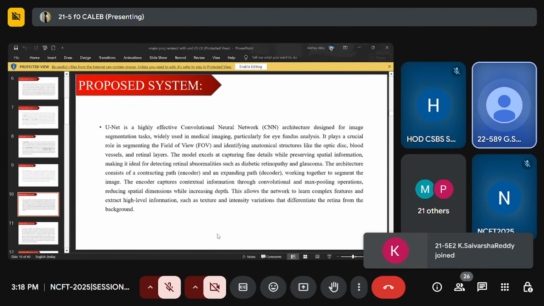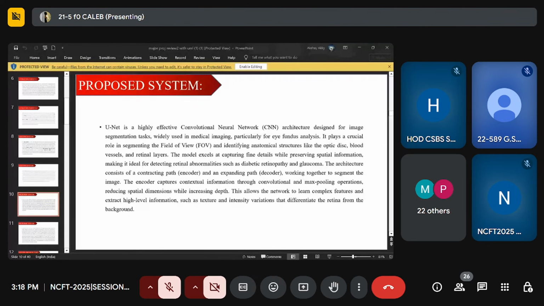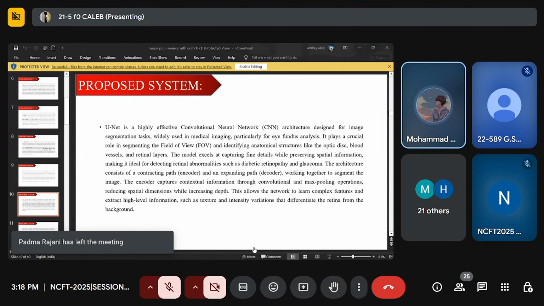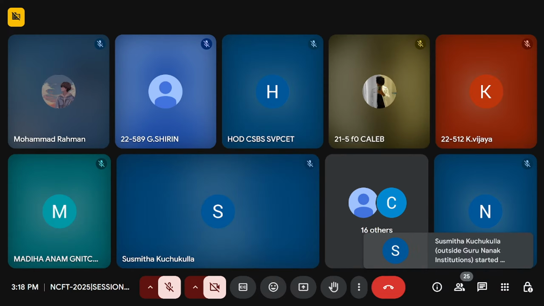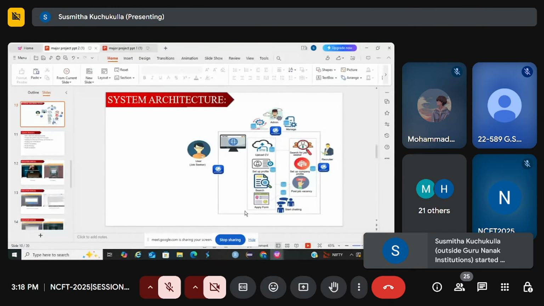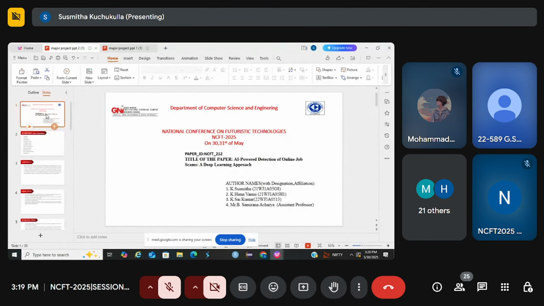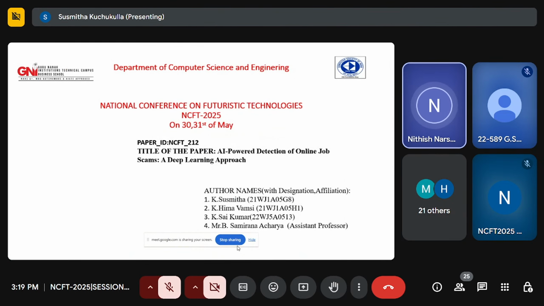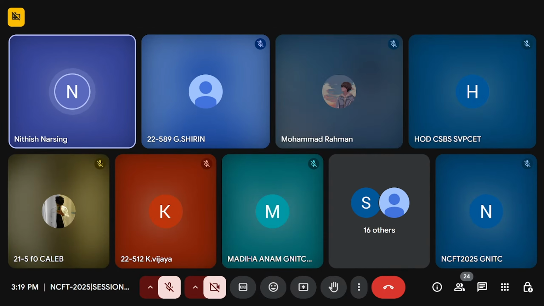Let's welcome our next participant, K.S. Smita from Guru Nanak Institution's Technical Campus. Ma'am, I am Muhammad Rahman. I will present now, ma'am. Yes, you can proceed. Good afternoon, everyone. I am Nasing Nitish Kumar, and my team members are Prithviraj and Mohammed Abdul Mahmoud Rahman. And our project is